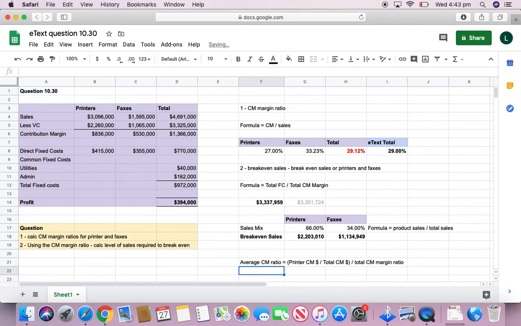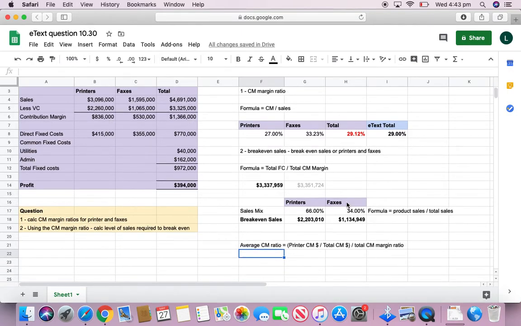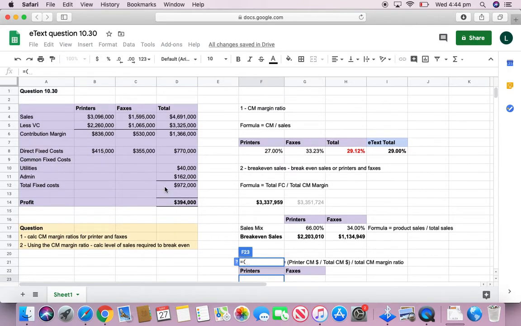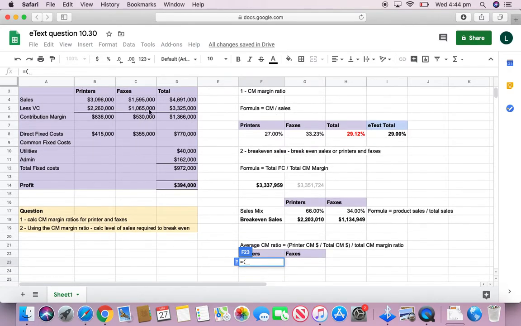So let's do this calculation just so you guys understand, because that's the main aim. We want you to understand everything. So printers, brackets are super important so the calculator or Excel knows which formula to do first. So we are doing printer CM dollar value, which is